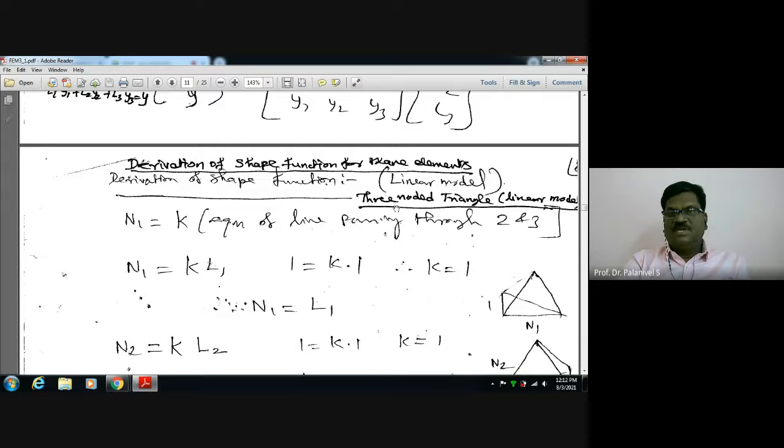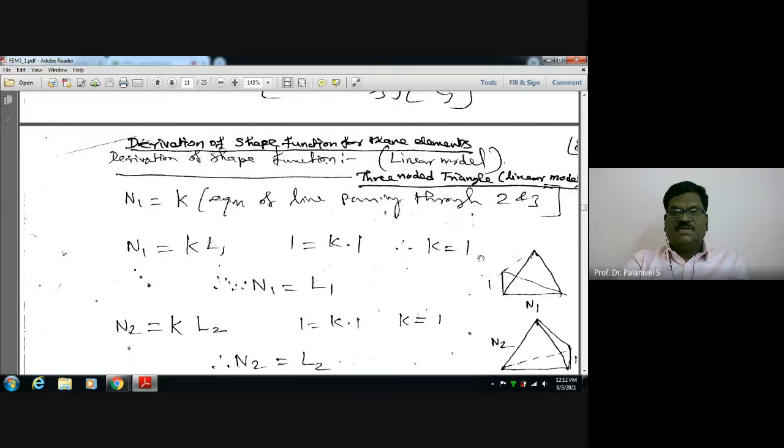Okay, we are going to see the three-noded triangle, linear model. First, we are going to take a three-noded triangle. For this, I am going to use the method of setting up equations of lines. Please, this is the best way. That method alone can be used here. When compared to Lagrangian polynomial and generalized coordinates methods, those cannot be used. Only this may be used, and this is the convenient method for this